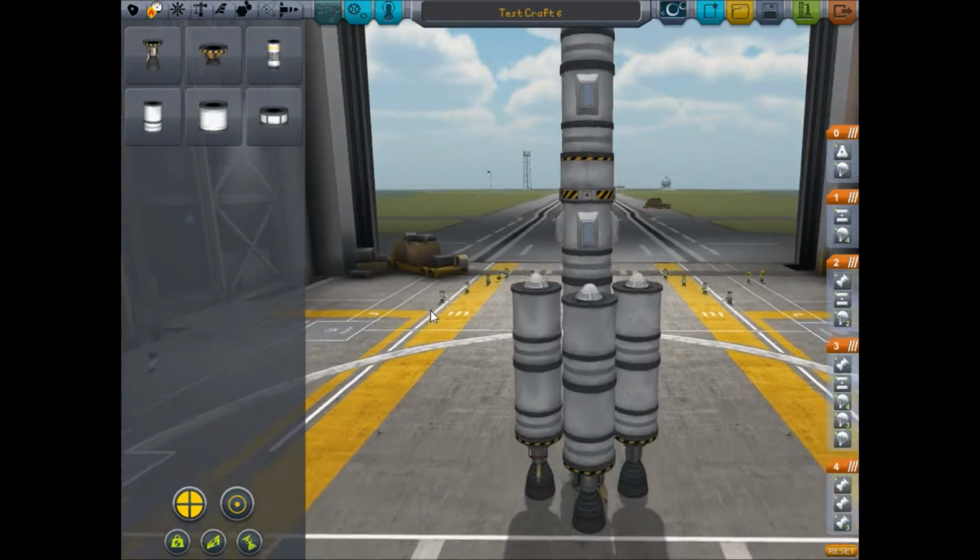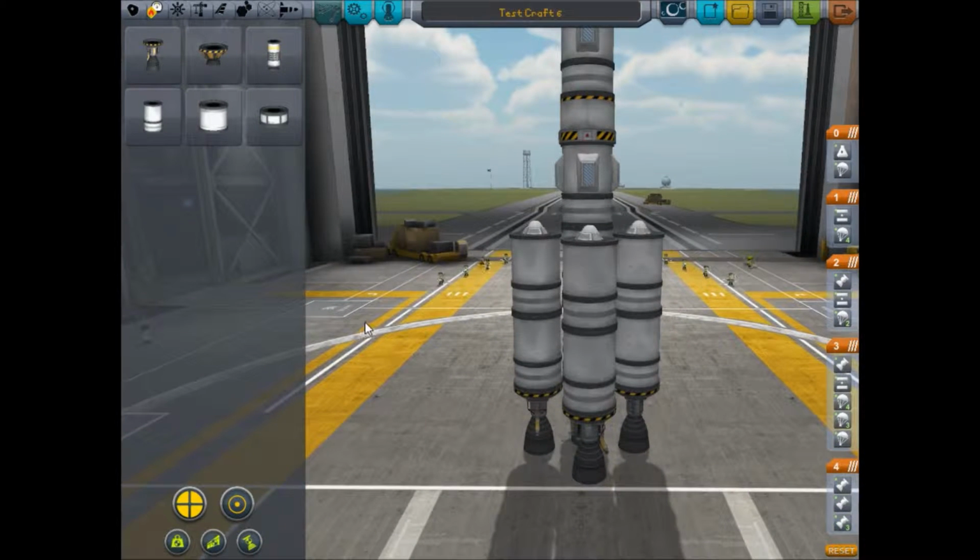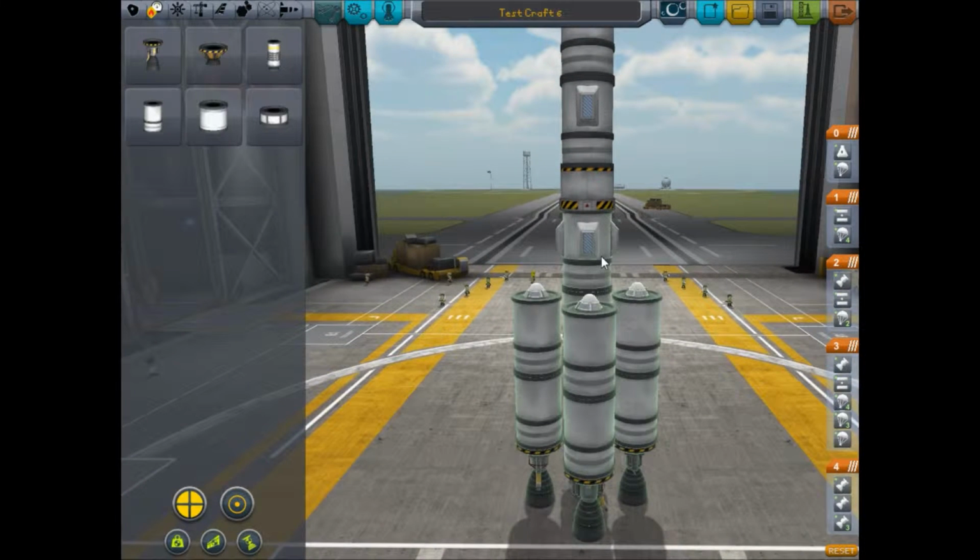Now, what you're looking at here is a brand new craft that I've just built. I did it off camera because I basically took Testcraft 5, and I said in the last episode that I was going to put more fuel tanks on it, and indeed I have. So you remember, these used to be solid fuel rockets. They're now liquid fuel rockets, very nearly the same size as the original booster in the middle. That hasn't changed at all, but these have got 2 tanks each and the same engine, and they all fire